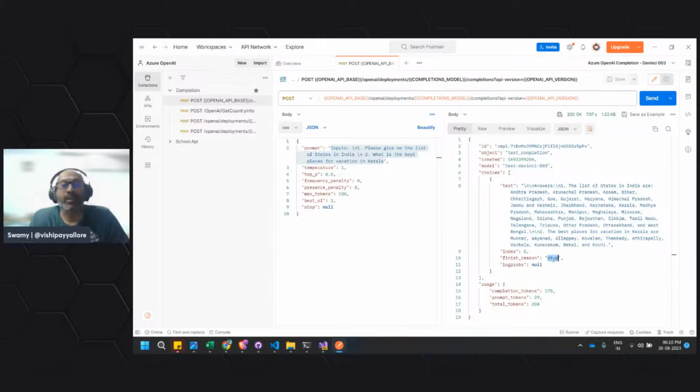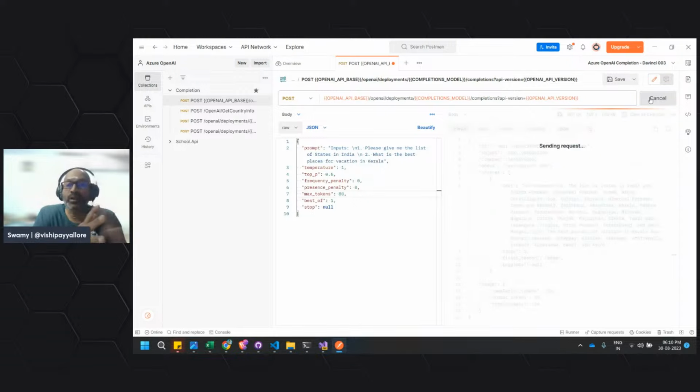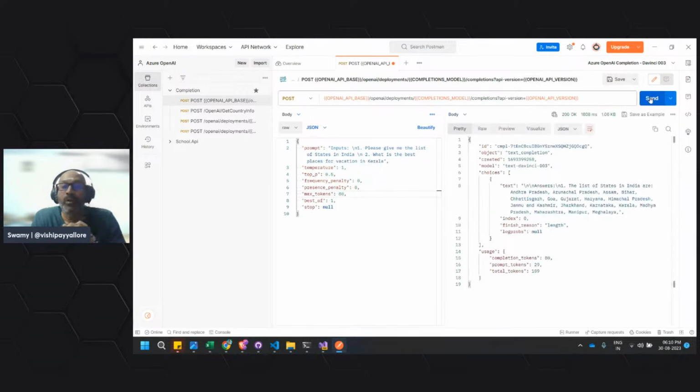I've completed everything. Suppose we restrict the maximum number of tokens it has to consume, in that case you can see that the finish reason is length. That means it did not do the complete job because there was a restriction on max tokens.